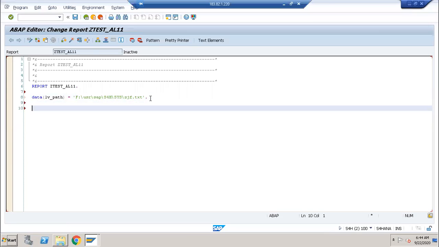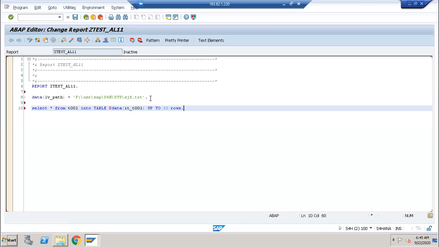Now I will take some internal tables or work areas like that. Select star from T001 into table @data(it_t001) up to 10 rows.